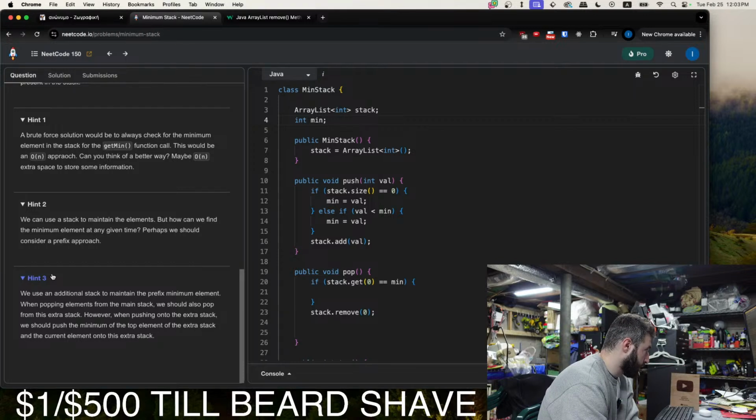When popping elements from the main stack, we should also pop from this extra stack. However, when pushing onto the extra stack, we should push the minimum of the top element of the extra stack and the current element onto this extra stack. What?